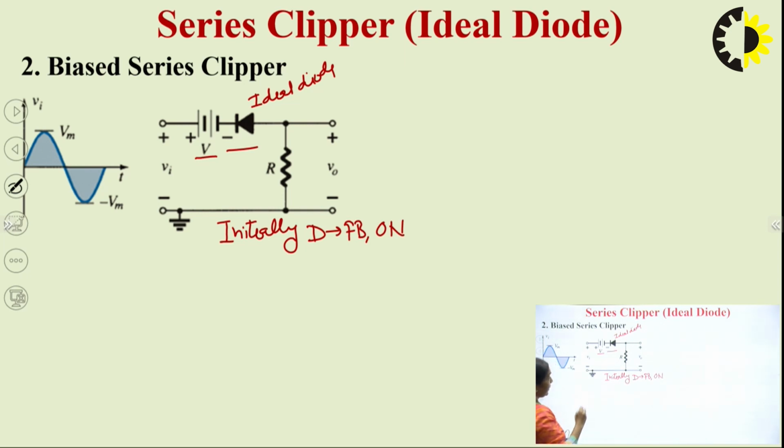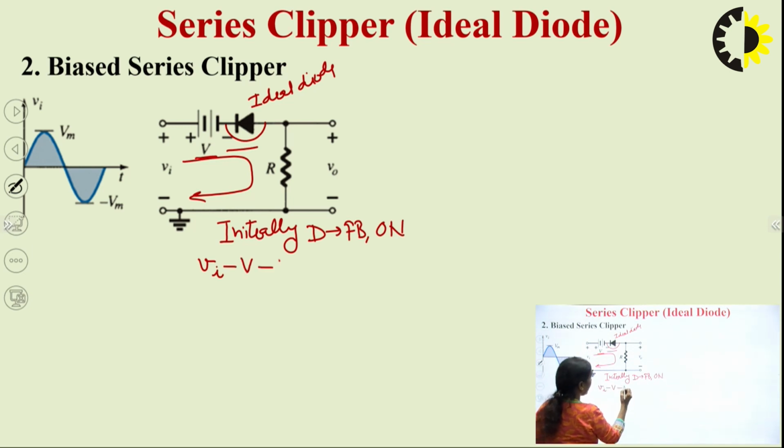So, if your diode is in on state, then it will be forward bias, and if it is forward bias, then we will write the KVL in the loop. So, if you write KVL, it will be Vi minus V minus V naught is equal to 0. So, what will be my output? V naught will be equal to